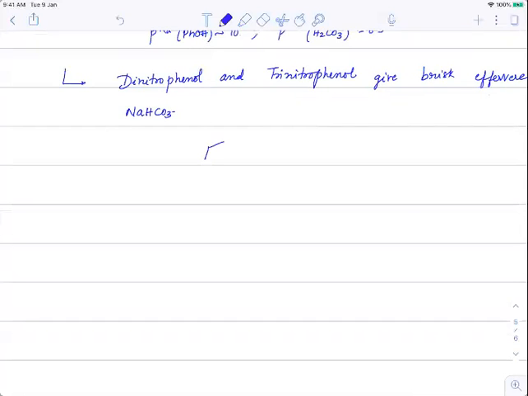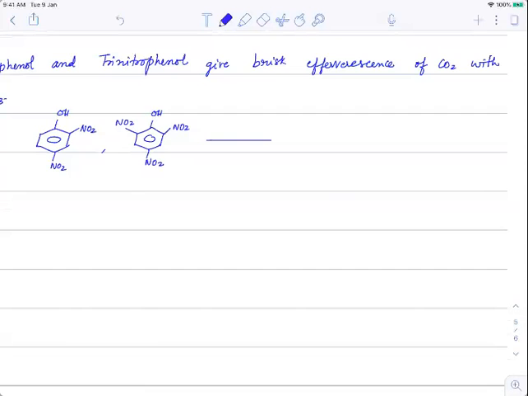If you check out, OH with NO2 and NO2, this is dinitrophenol, and OH with NO2 at all the three positions, this is trinitrophenol. They are giving the positive test with NaHCO3, releasing out